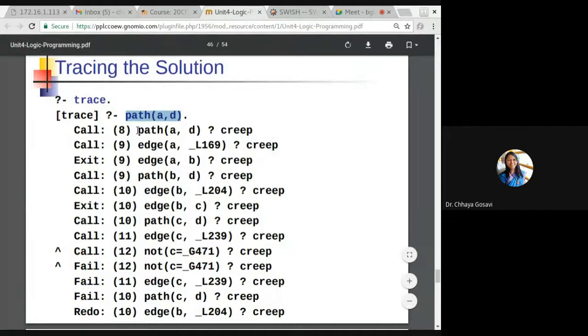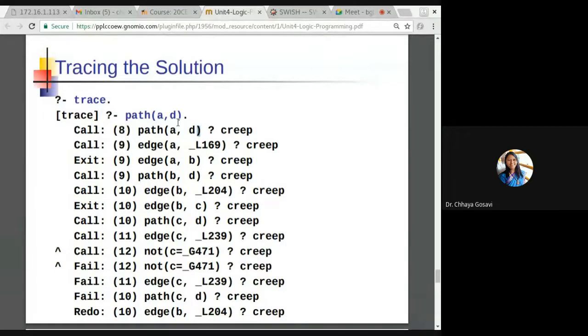It will first call path A to D. So is there a rule or fact in our program for path A to D? No, we have a rule. A is X and D is Y. So first we have to check is there an edge from X to any node N. So A to any node. This is an internal variable. Then it will check, yes, there is an edge from A to B. A to B.